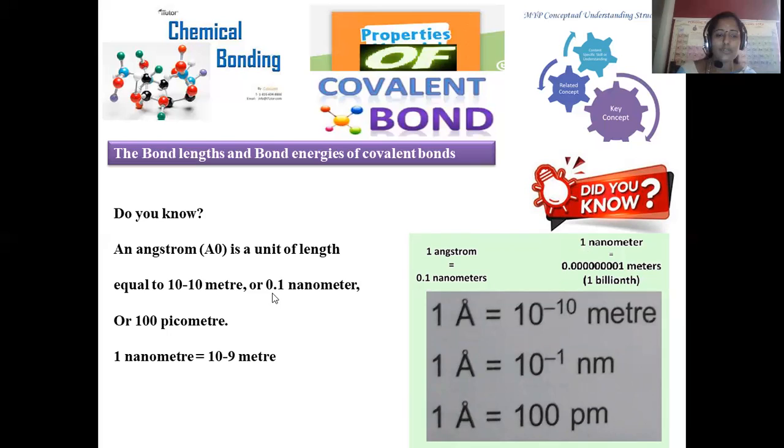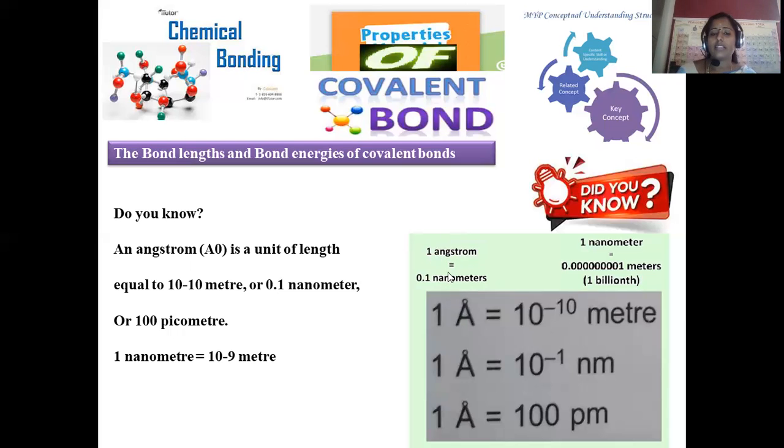Another representation is also there. 0.1 nanometer is equal to 100 picometers, and 1 nanometer is equal to 10 to the power minus 9 meters. 10 to the power minus 9 is exactly a billionth. Here you can clearly observe 1, 2, 3, 4, 5, 6, 7, 8, 9, so after the decimal point we have 9 places. That's the reason why we can write 10 to the power minus 9 meters. This is a system where interconversion of various units is possible, and it is a simple strategy for representing parameters like bond length and bond energies.